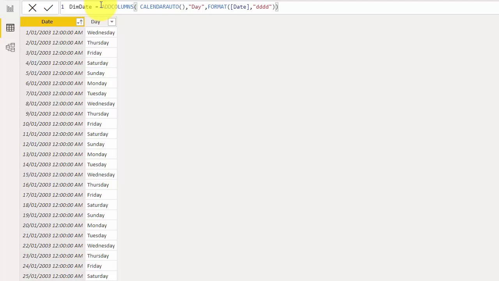So in this video, just to recap, we've learned how to enhance the date dimension and add the day name in the date dimension. I'll also add this DAX code to the video notes so you can copy this code